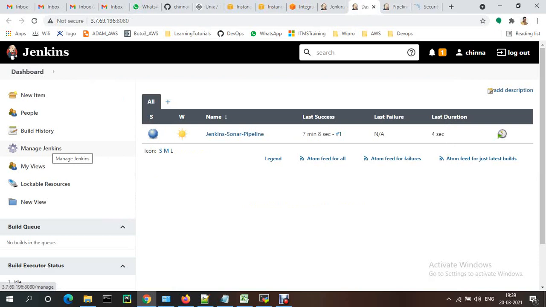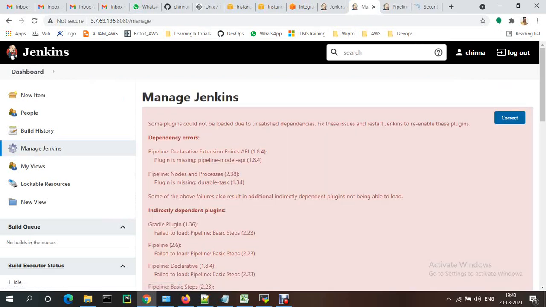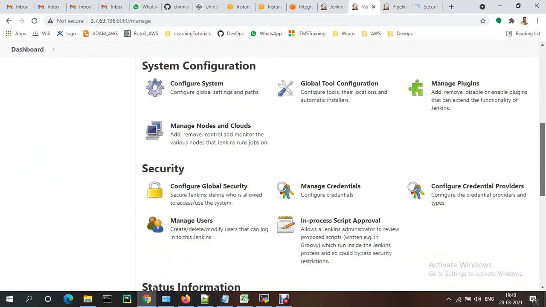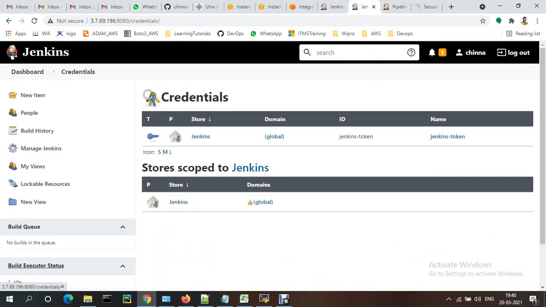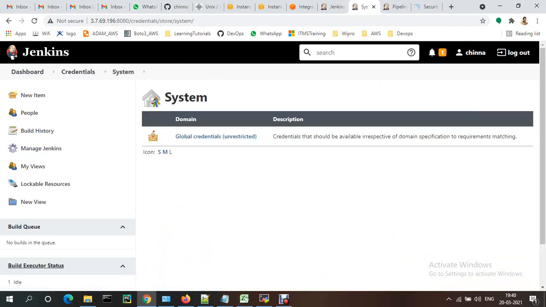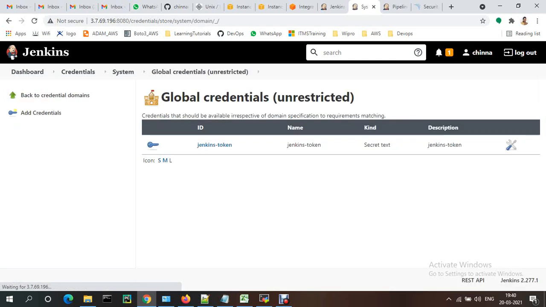Manage Jenkins, manage credentials. So here we just provided the token names and all, right? Jenkins token, okay. The token name is Jenkins token.